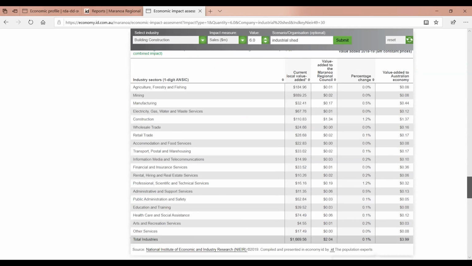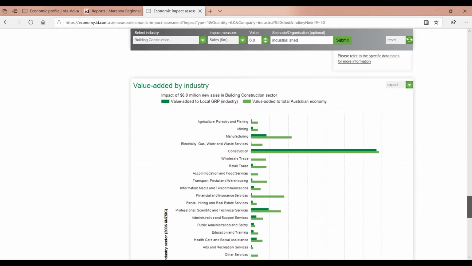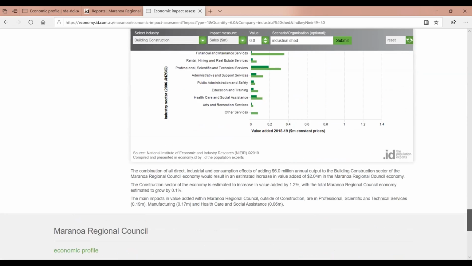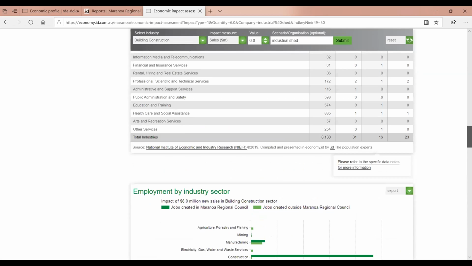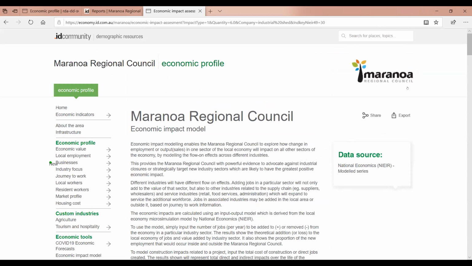You can go through all of this in detail and attach it to your application as an addendum or an appendix. We can see here, you can export that entire page into Word or PDF. I would suggest doing it in Word and taking out any of the information that the grant application doesn't need. Okay, so it's really about being short and focused and succinct and straight to the point and saying this is